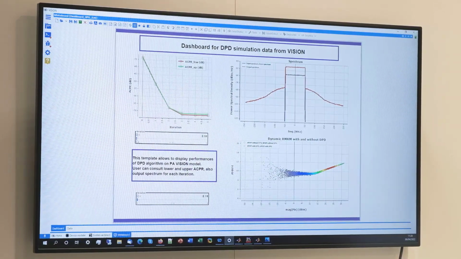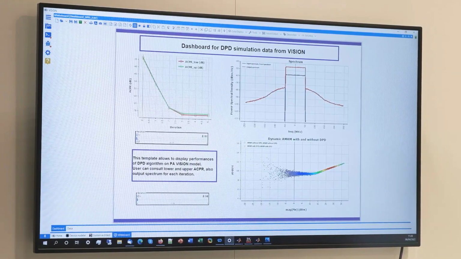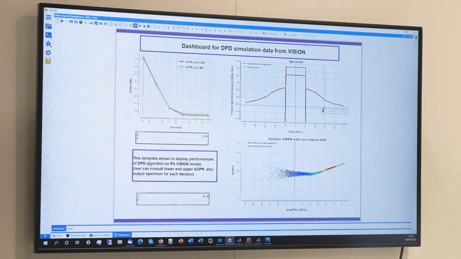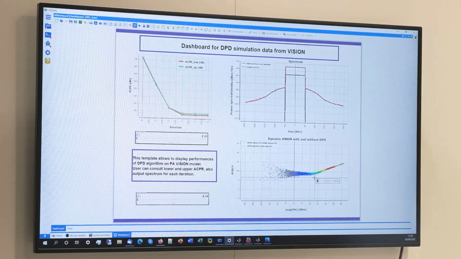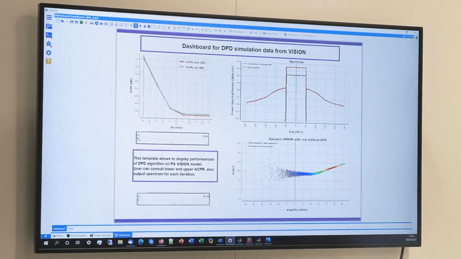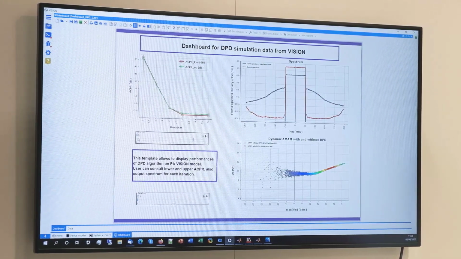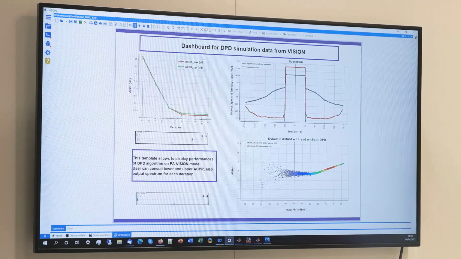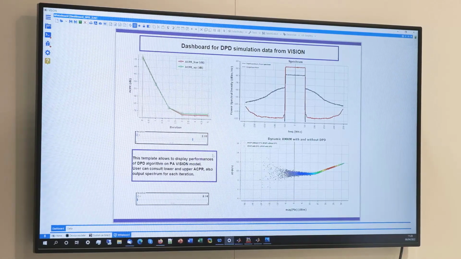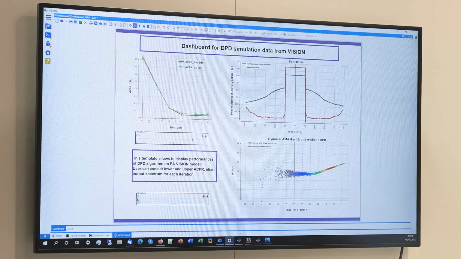So here, in that case, we have done different iterations in order to optimize the performance. We have our output spectrum here and the dynamic IM performances of the power amplifier. So let's try to move the iteration. We can see that the higher the number of iterations, the higher the linearity. So this is very convenient in order to estimate very quickly what the performance will be. We have the same for the IM characteristic in order to see the result of the DPD operating